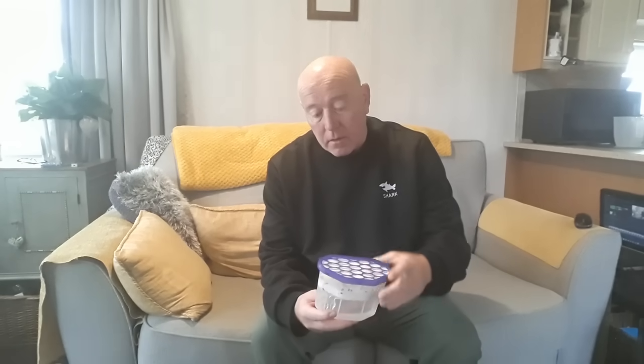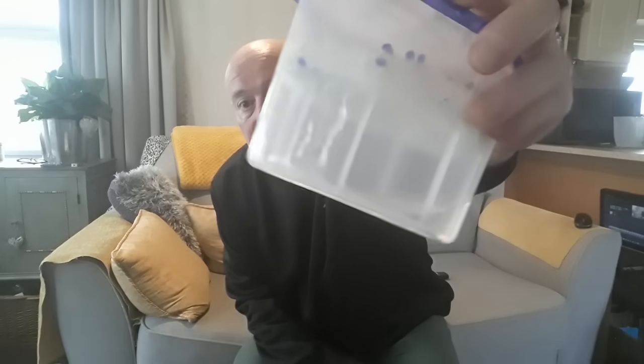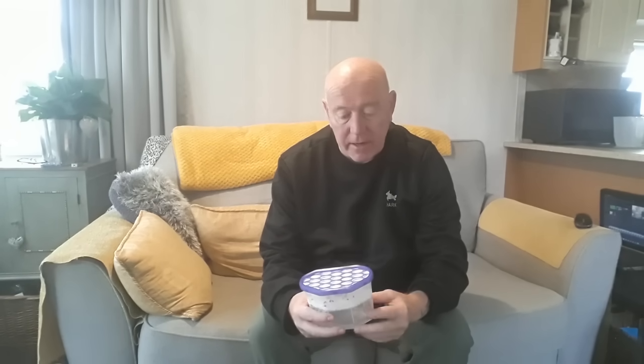I have bought a load more of these as well. They collect moisture from air, and you can see that they do the job. That one has just been sat in the bottom of a closed wardrobe, so it just shows you how much moisture there is in air. So we've got a good supply of these that we can keep replacing as well, and that should help quite a bit. But I still might think about getting a dehumidifier at some point,